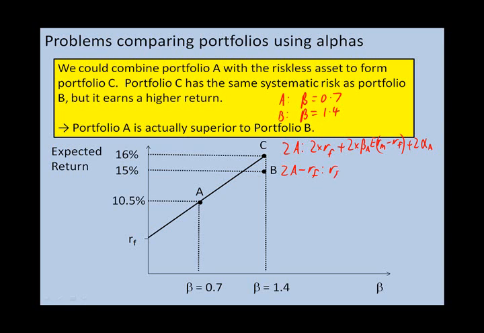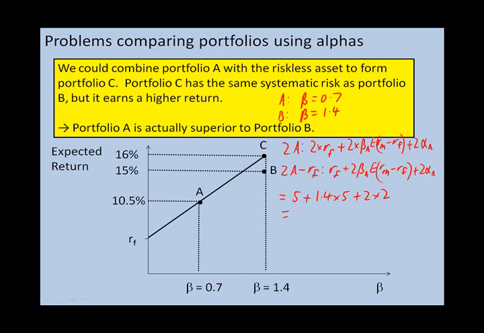So we're left with RF plus 2 times beta A times the expected market risk premium plus 2 times alpha A. We can substitute in the numbers now, and we're going to get the risk-free rate is equal to 5 plus 2 times beta A, which is 1.4, times 5, plus 2 times the alpha for A, which is equal to 2,